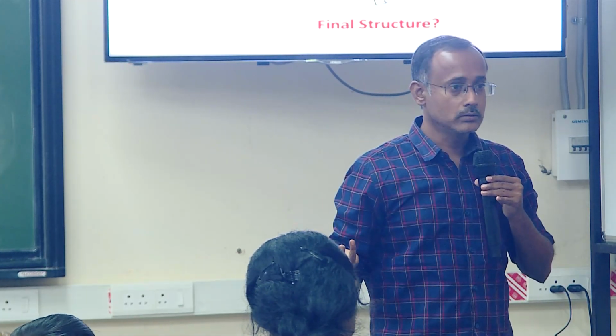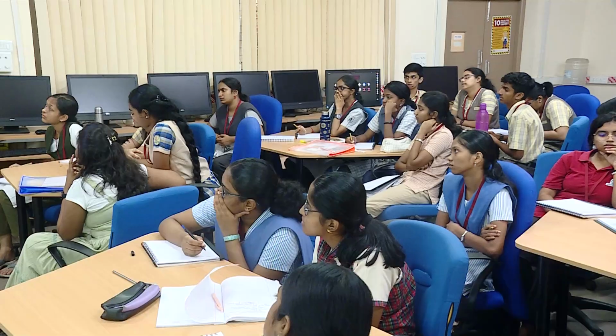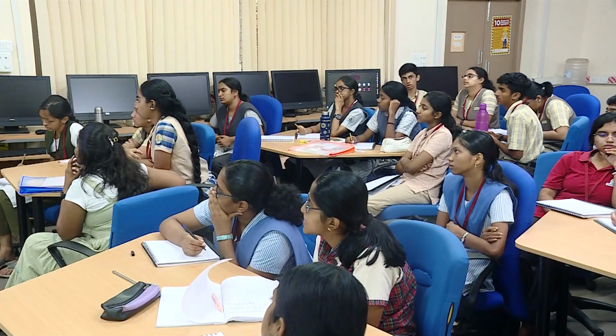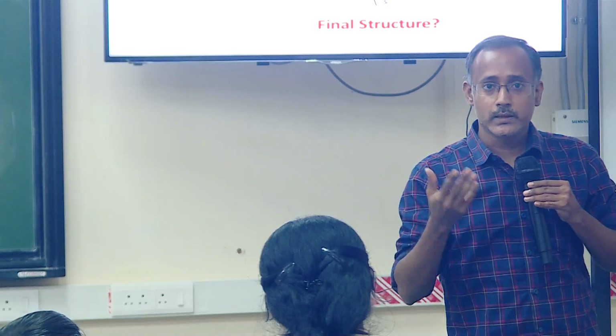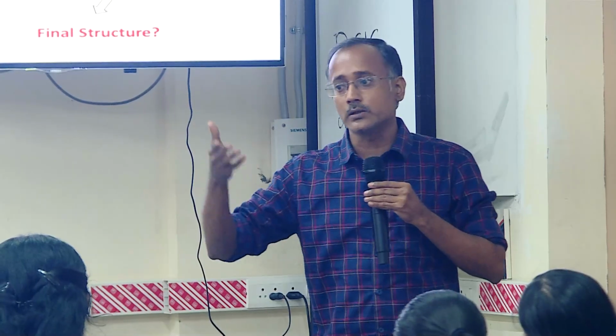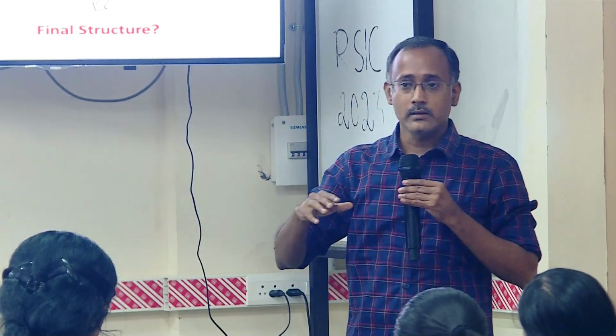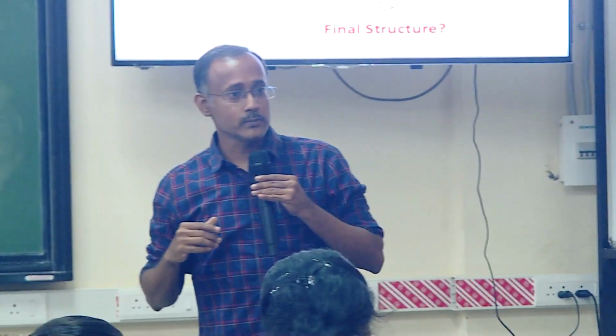So how does the chain know? It doesn't. It's more stable in that particular state. So if it needs to find a state which is more stable, then it needs to sample each of the different states. Yes, for example, again, I ask you guys to go from the IIT Madras main gate to the